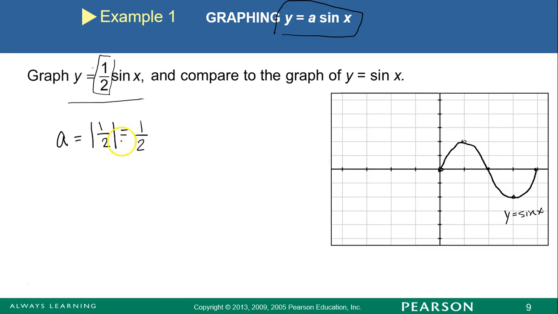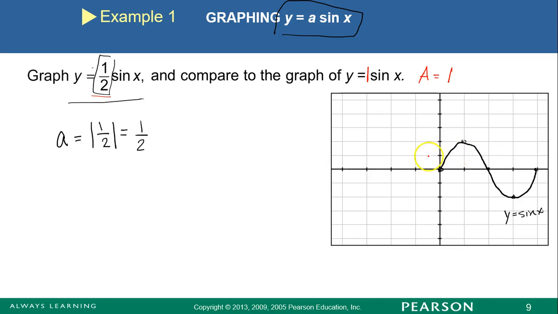And the reason that this is going to help you graph your function is that in this sine graph before, our value of a was 1, and so our amplitude is 1, meaning the highest value on your sine graph is 1, and your lowest value is -1. So the only way this value of a changes our sine graphs is by either stretching it up more or shrinking it down. And in this case, since it's 1/2, it shrinks it down to 1/2. So instead of our maximum and minimum values being 1 and -1, they're going to be 1/2